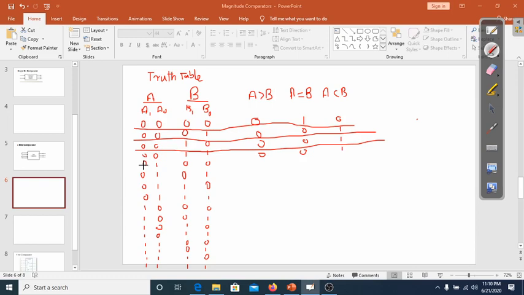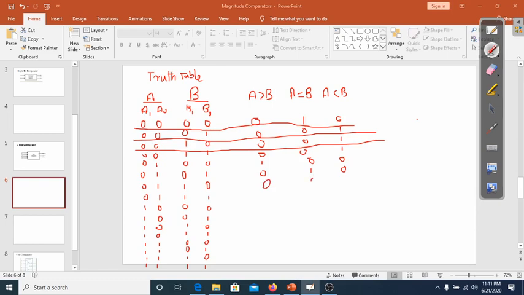In this case 0 1 0 0, A is greater than B and this output would be 0, this output would be 0. In this case 0 1 0 1, A is equal to B, the remaining outputs are 0. For 0 1 1 0 here A is less than B, because b is equal to 2 and a is equal to 1. So a is less than b,